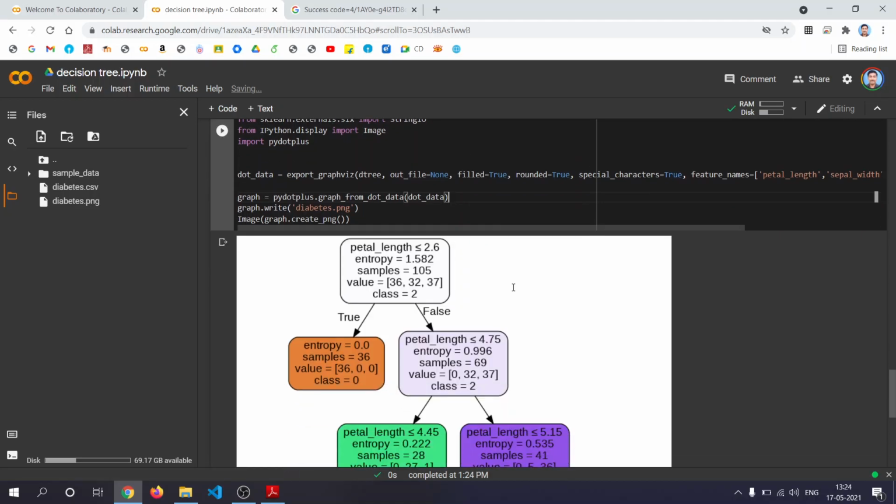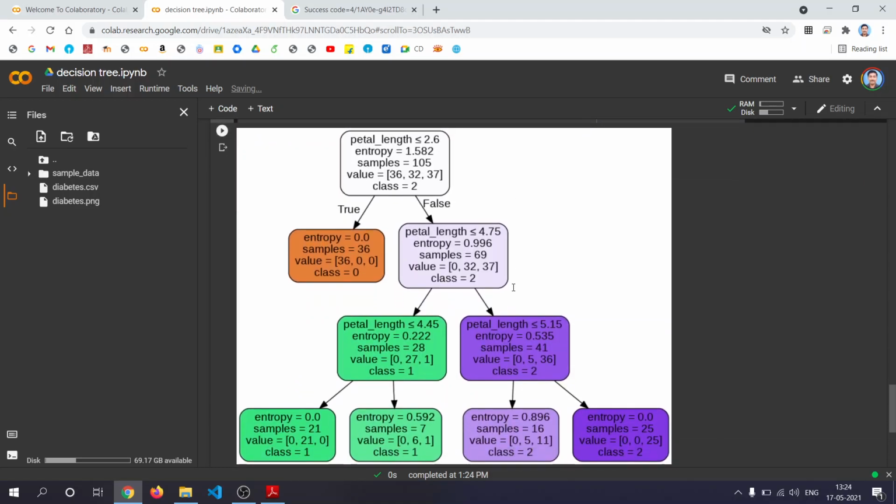Graph dot write image. Okay, so see, this is the tree structure you got. The first attribute used is petal length, and if it is less than 2.6 then true, entropy is 0, all the values are from class 0. If it is false, then petal length is used again.